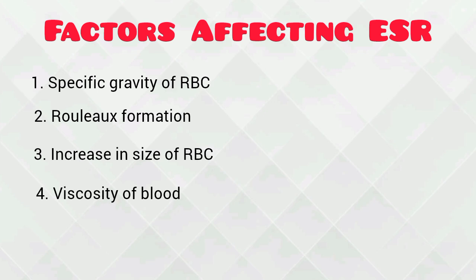Number 4 is viscosity of blood. Viscosity offers more resistance for settling of red blood cells. So the ESR decreases when the viscosity of blood increases. The fifth one is RBC count. When RBC count increases, the viscosity increases and ESR decreases. And when the RBC count decreases,